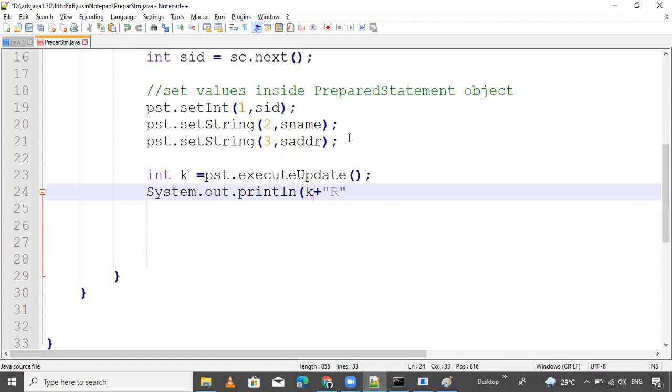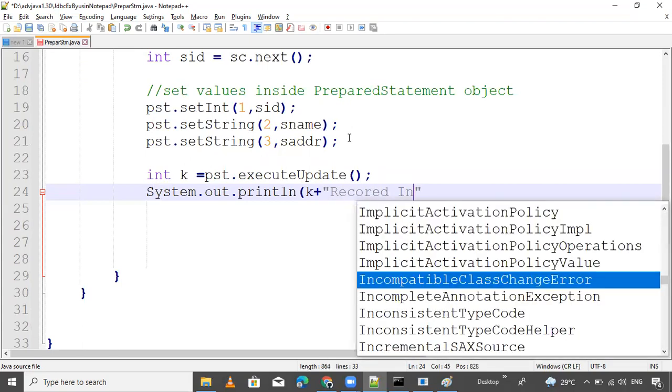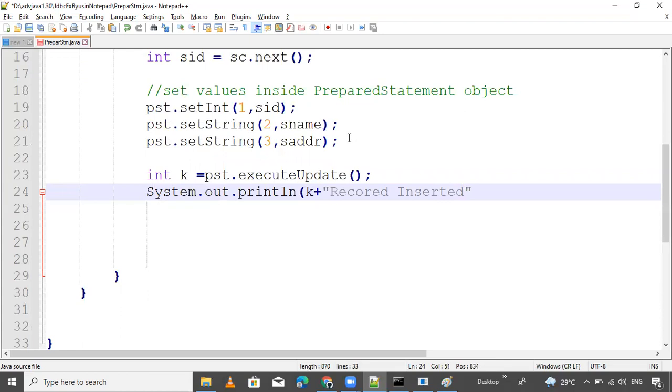Not k, since i is already used. Three record inserted. Simple.